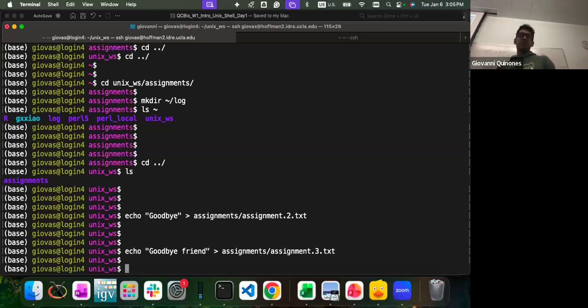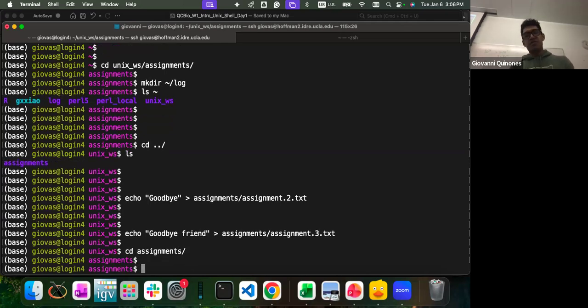So that's one tip to speed things up. Another one is, you see the word assignments, it's kind of long, right? And it's a little annoying to type assignments every time. So if I want to move to the assignment folder, I can do cd, press A, the first letter, and then just tab. The tab key will autocomplete. So I don't need to type assignments every time. Just the first letter and then tab, and it will show me.